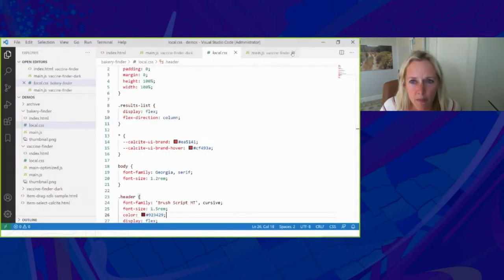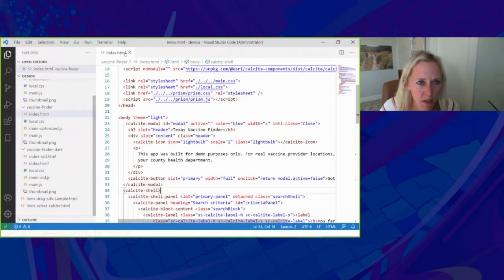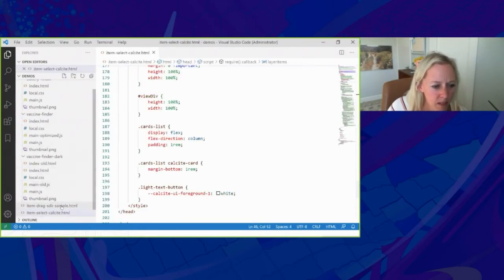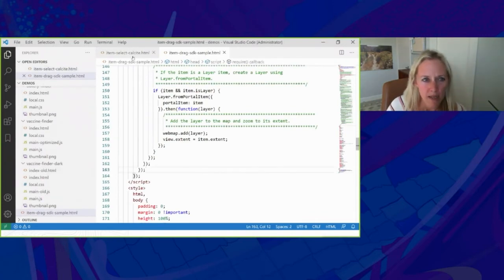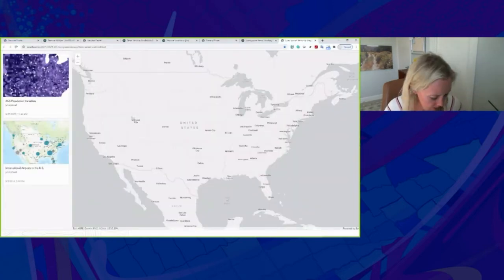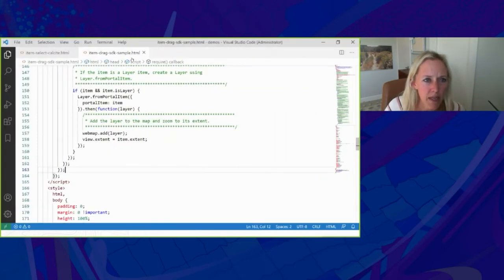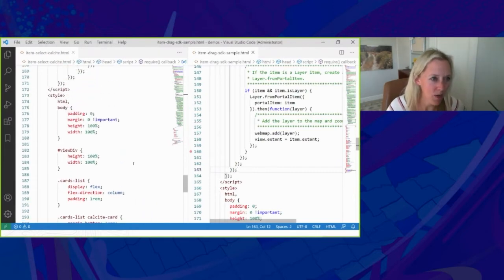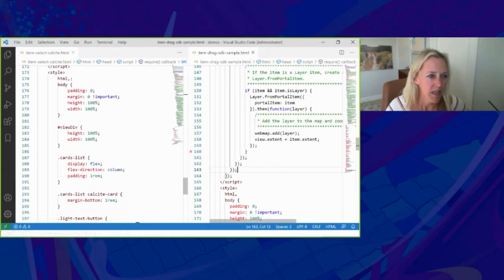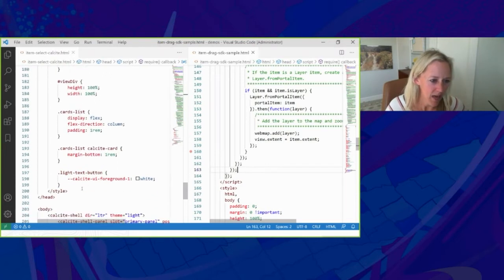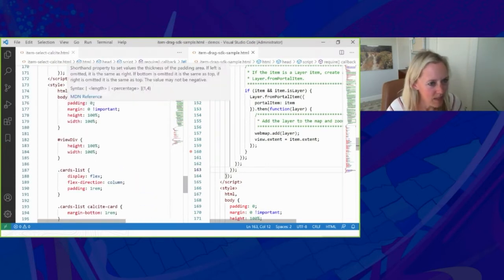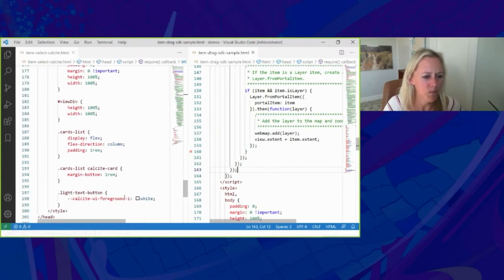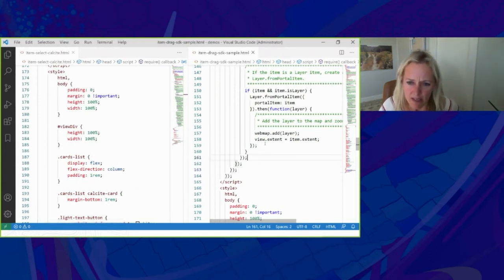And I wanted to compare the code between those two applications. So this is the sample code, and then this is the version that uses Calcite. If we look at them side by side, the biggest thing that I want to point out between the two is that this is all of the styling that I have, all the styling that needs to happen to get what you saw. And this is generally just spacing and placement type styling. If you look at the sample,